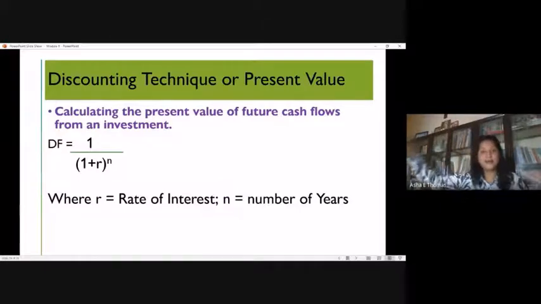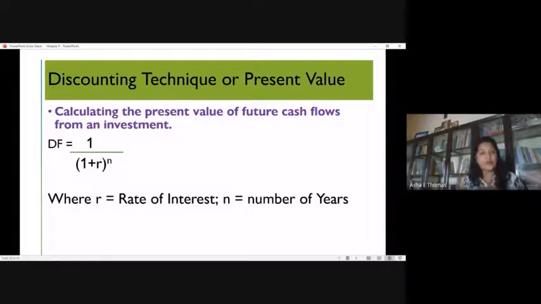What is it I'm eligible to receive in future at a particular interest? But here, this is a little more into reality, where there is a possibility of me getting a cash flow in future. I want to know the present value of that cash flow, so I can compare it with other investment possibilities available to me, and go with an investment that matches my risk appetite as well as my return expectation.